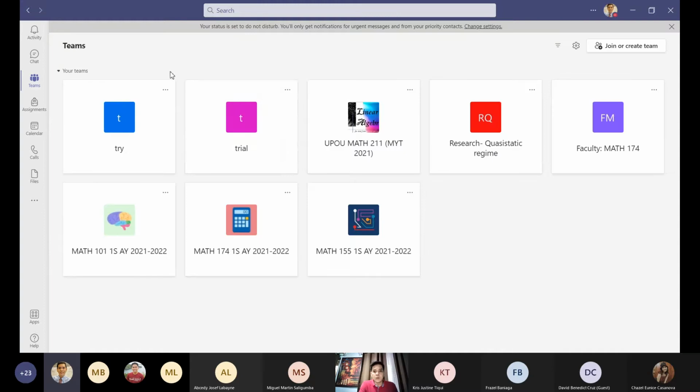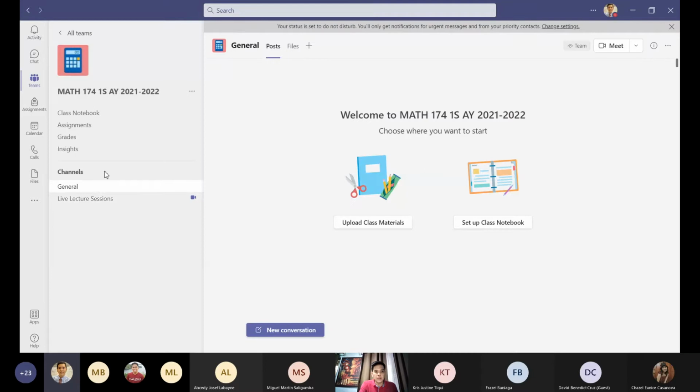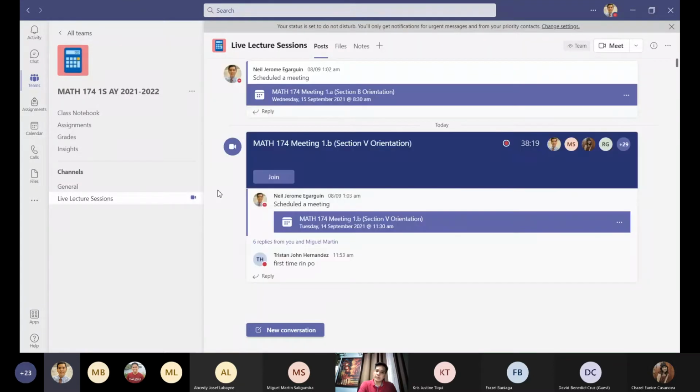The thing I like about Teams is that when you go to the channels, you can create multiple channels. Usually General is the default. I also sometimes put a discussions channel where you can post stuff that you want to discuss with the class, or if you want to have a purely social interaction with your classmates, that's also fine. The interface is like Facebook. I created a channel for live lecture sessions, so all live lecture session feeds will be here. You can see it here.